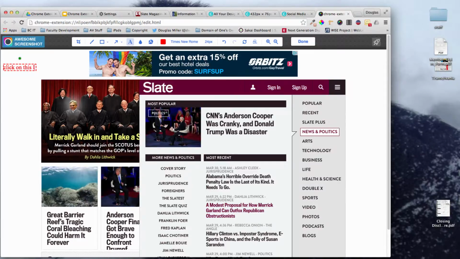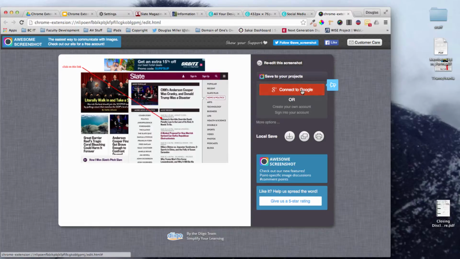kind of simultaneously. Like I use the snippet tool, so I have to save it and then open Paint and then do all that stuff. So this lets you do exactly what you need right here, and then when you are done, you can save it locally,